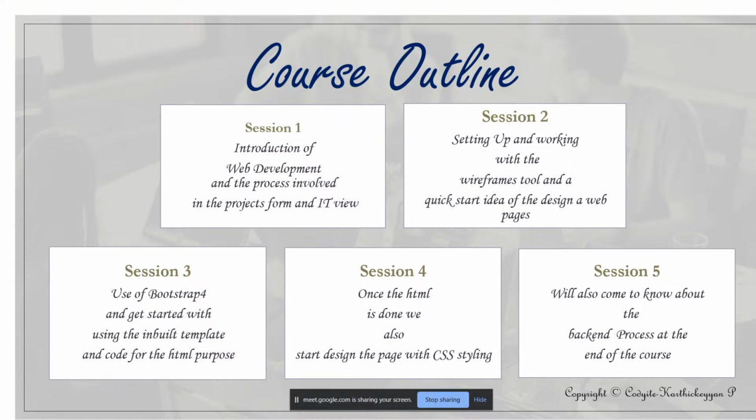Once you have made your web page from Bootstrap, you can make styling on your own, whereas Bootstrap has a different style, and it has inbuilt classes which contain certain styling too. For example, center is a class that makes the content centered. Text center alignment is one of lots and lots of properties available in CSS styling, and we'll also come to know about the backend process at the end of the sessions.